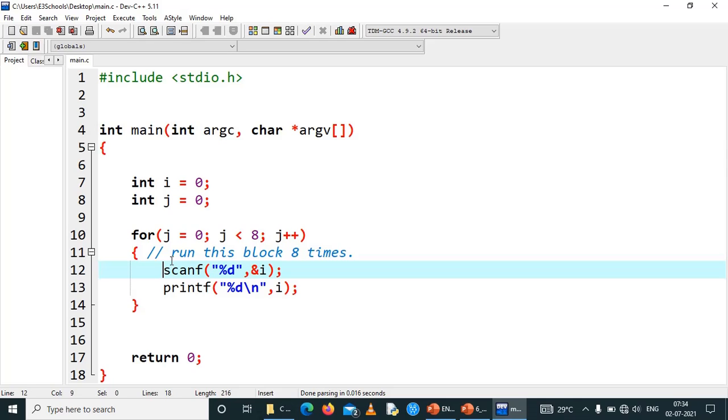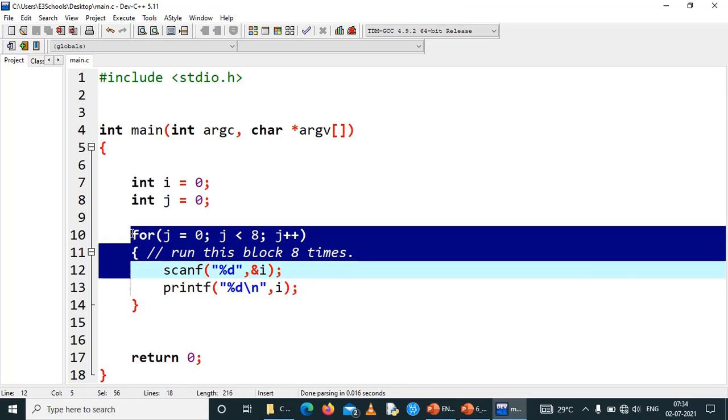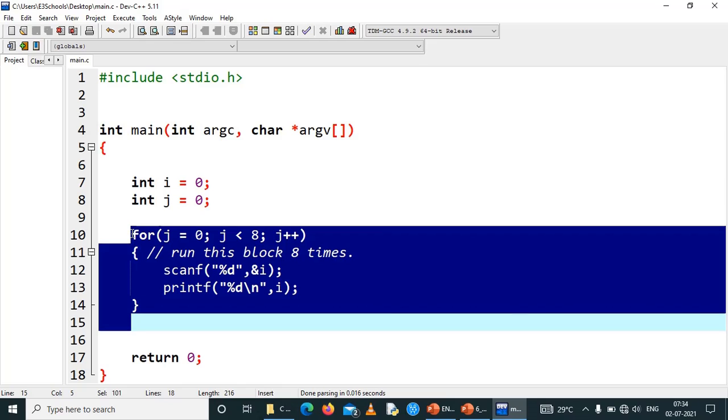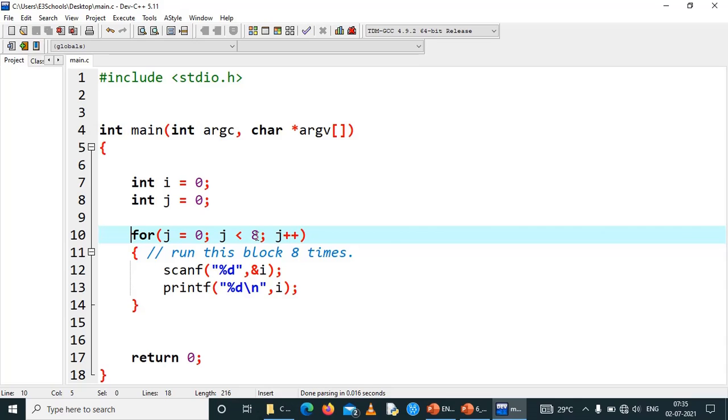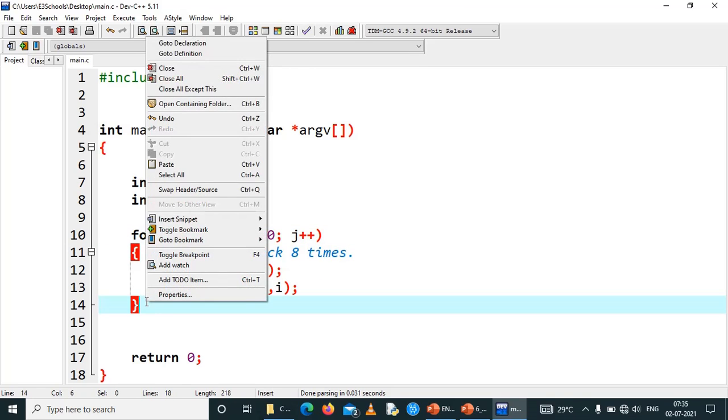The same code which took around 16 lines has been converted into just 5 lines with the help of the for loop. And not only that, since it was 8 times, it took around 16 lines. Imagine if the concept has to be repeated 100 times, then it might be 200 lines. But even for 200 lines, it is more than enough if we write just 5 lines. Just by changing the value here from 0 to 200, this loop will keep on executing 200 times. So this is the execution of the for loop.